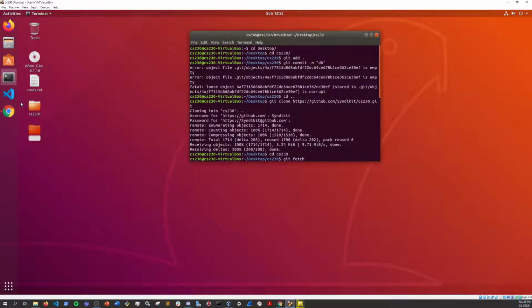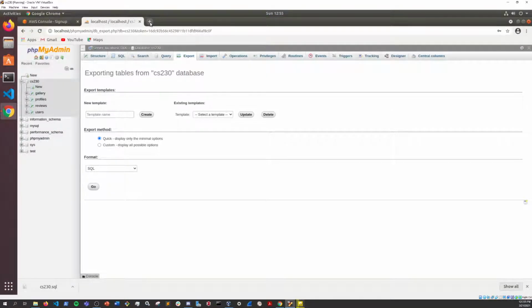I thought, okay, no big deal, I'll just add it and commit. And for some reason, I got this empty object file error. So the easiest way around this is to just rename that current folder and clone a fresh copy from GitHub,